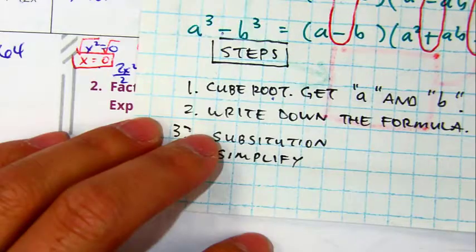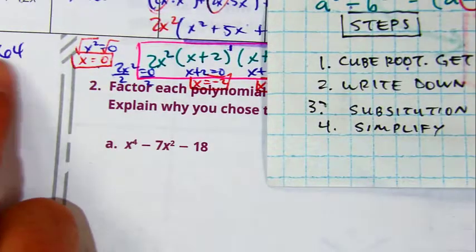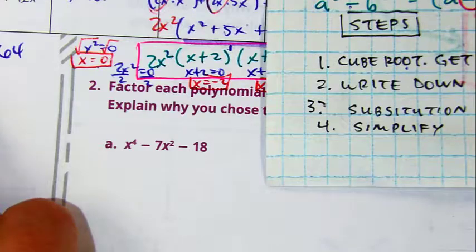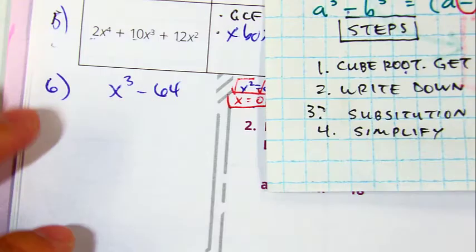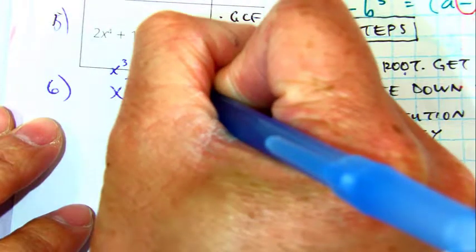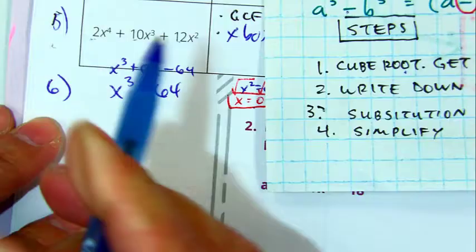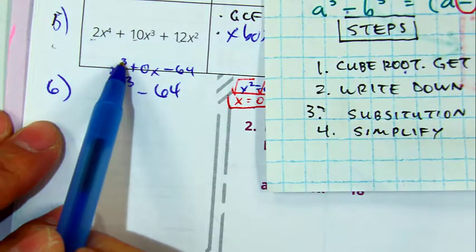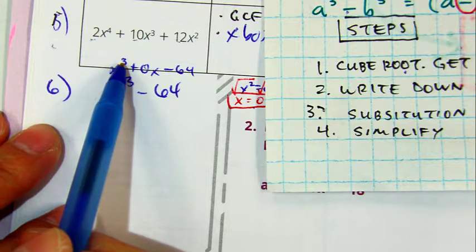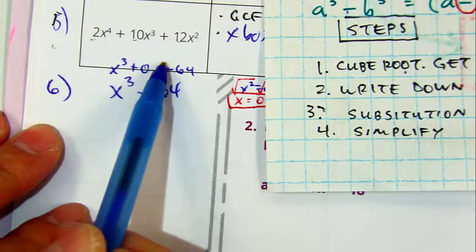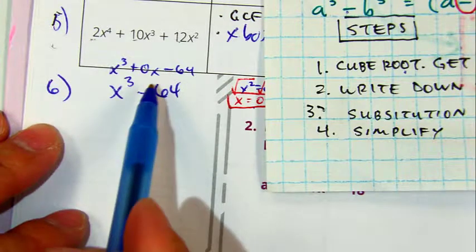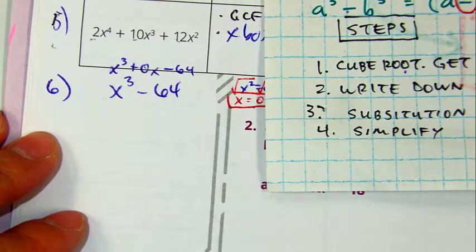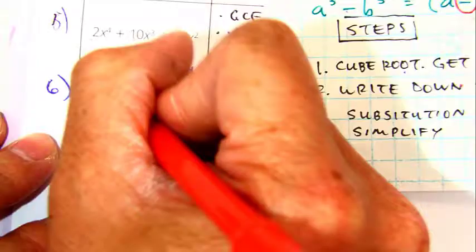Alright, in question number 6, I recognize that I have 2 terms here. And in my 2 terms, let's just say I wanted to make it a trinomial. I would just have to add a 0x. But class, what is half of 3? 1.5. Does that say 1.5 right there? No, it says a 1. So what do we do? Well, if I can take the cube root, this was last week's lesson,